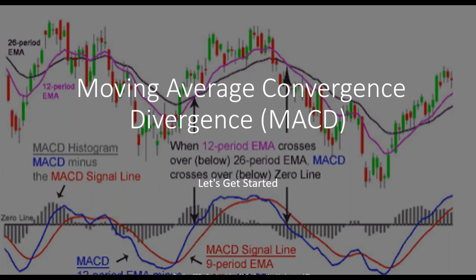So let's get on to talking about my favorite. In fact, it's the only indicator I use because I'm a price action trader, but it's MACD: Moving Average Convergence and Divergence. Now, if you keep in mind a couple things, these are called indicators. Why? Because they indicate. That's all they do. They indicate what's happening in the market.